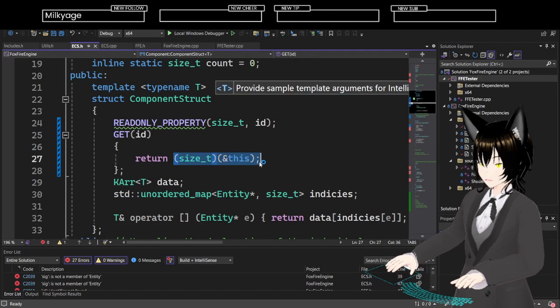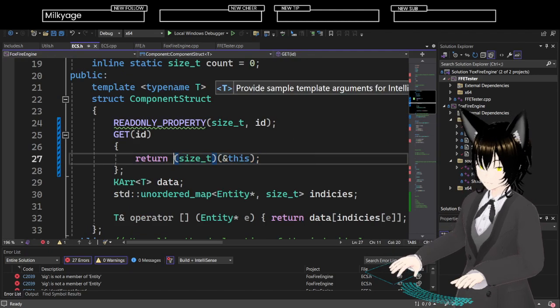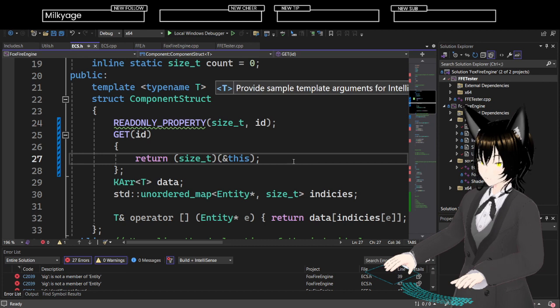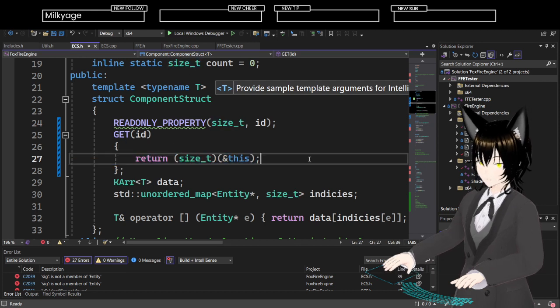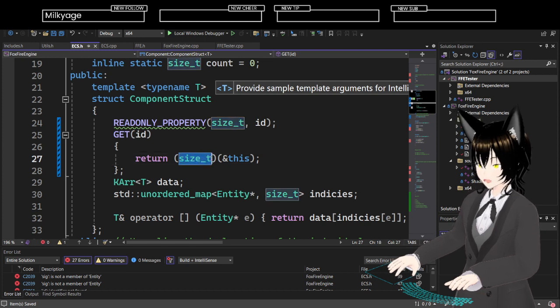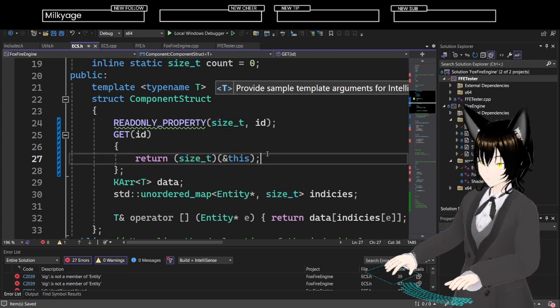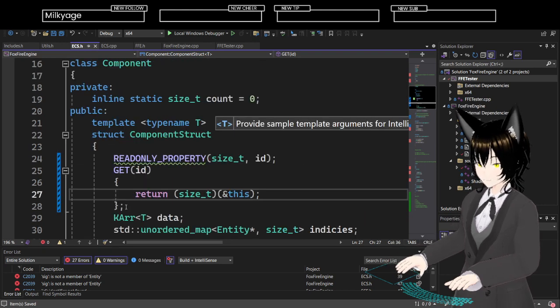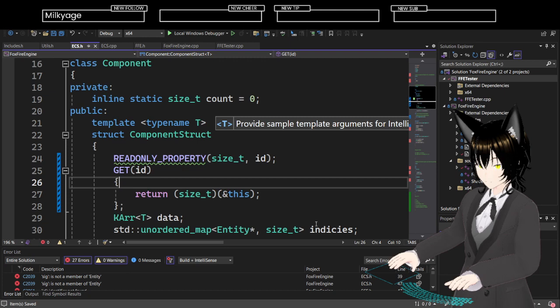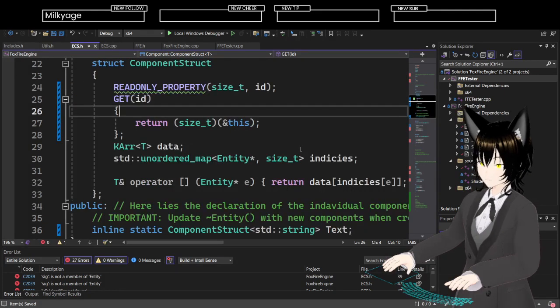Like, this whole typecast here, this is Carmackian as hell, right? This is some serious Carmackian abuse of syntax. Typecasting a pointer into a size_t. Who would do that? Especially as a property. Right, so that's just a thing that you can do. You have access to it.